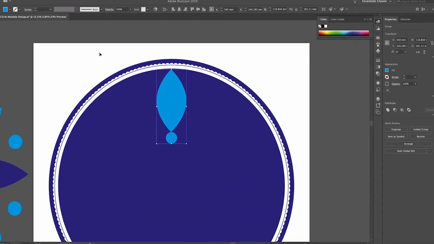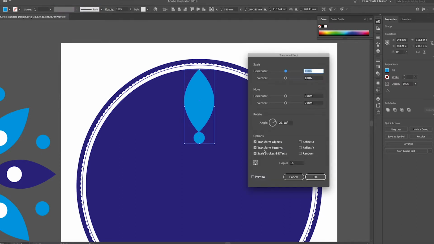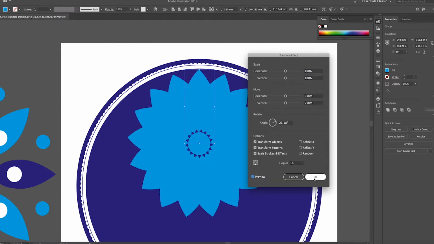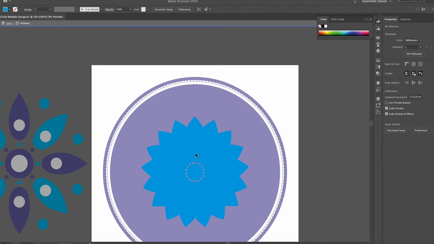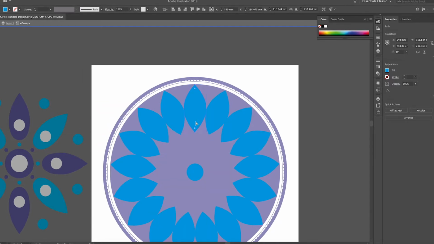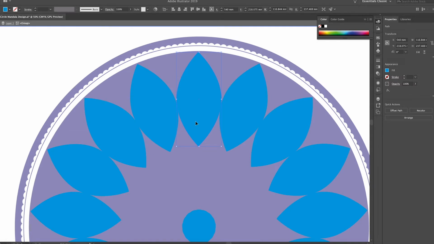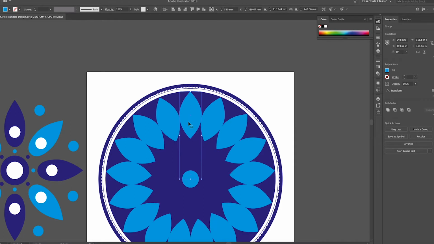So now we've got that aligned and grouped. Effect, Transform, Preview, okay. And we want to go to Outline View. Holding Shift, get this circle into the middle. And then in isolation mode, we want to just bring this petal back up so we've got it near enough touching that outer circle. And now what we want to do with this selected is we want to make sure